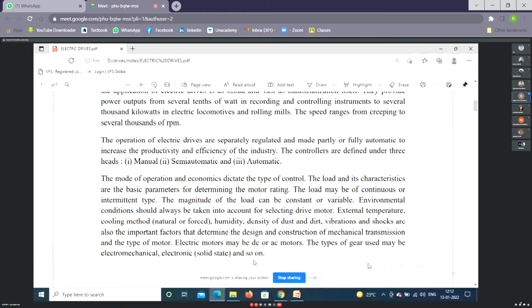Electric motors normally used for large size motors in the industry are DC or AC. Obviously, we have the DC motor. Besides that, we have the AC motors, mainly induction and synchronous motors. Besides that, there are also special purpose motors.